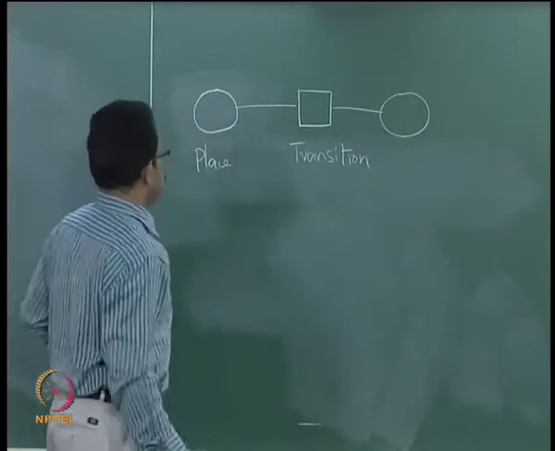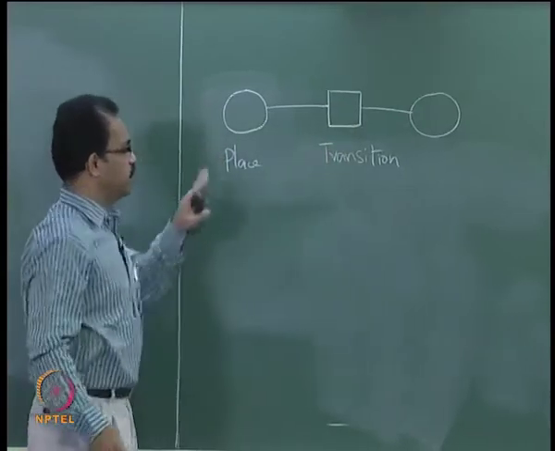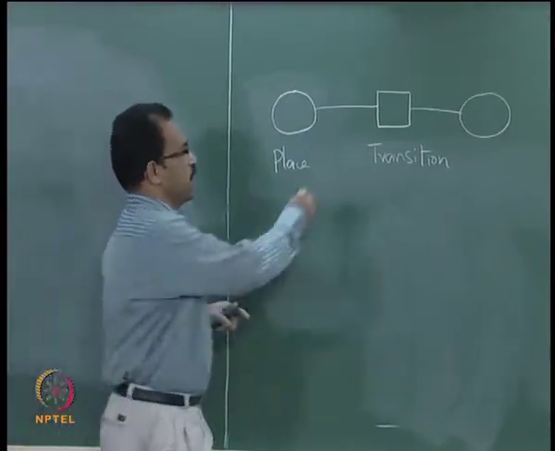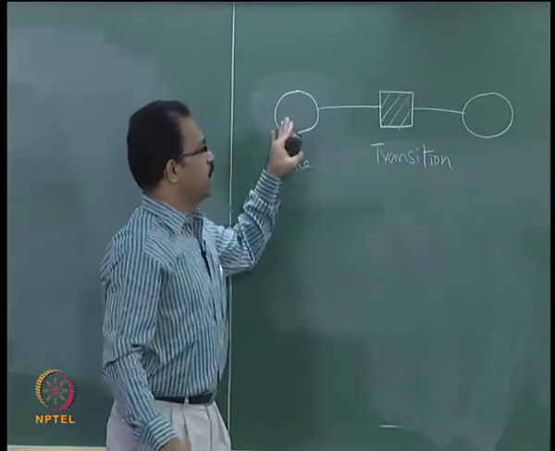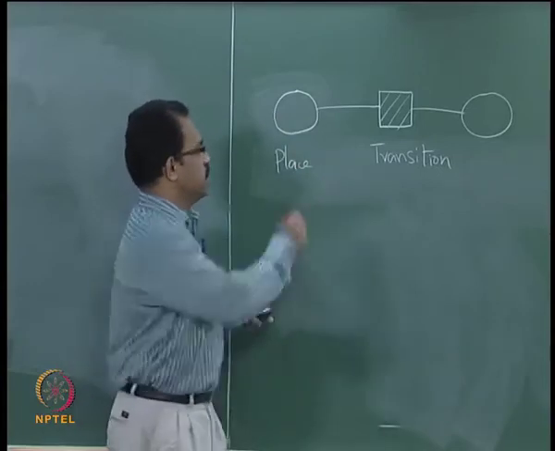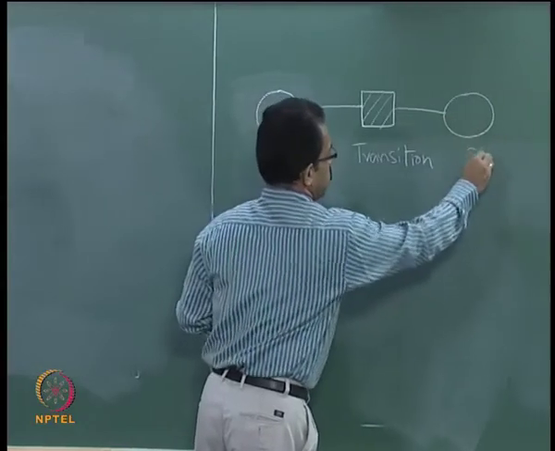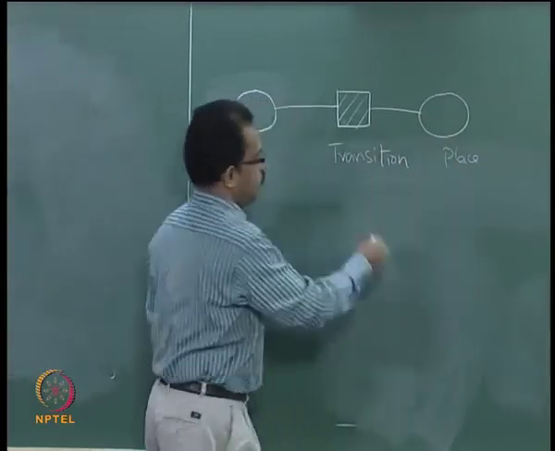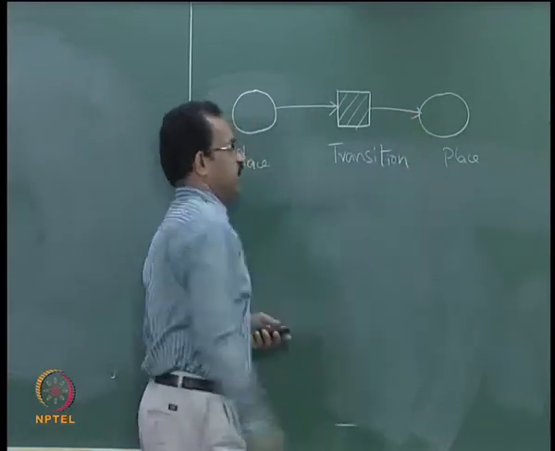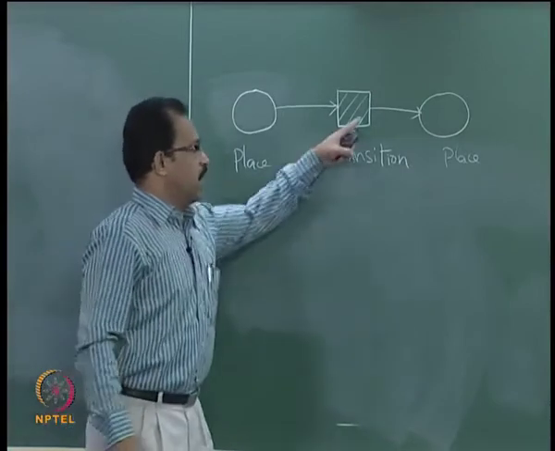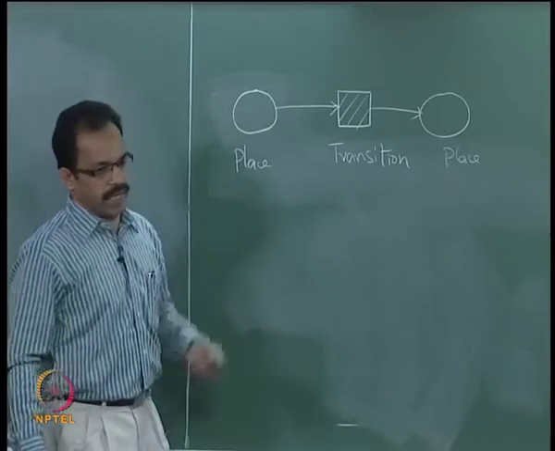We can have arcs connecting the places and transitions. A place shows one state, and the transition represents the change of state. If there is a change in the state of a system, that can be activated by the transition block. When you activate the transition block, the place value will change, which shows that the system has changed from one state to another. So the transition represents the change from one place to another place, and these, together with the arcs, are the basic building blocks of the Petri Net.